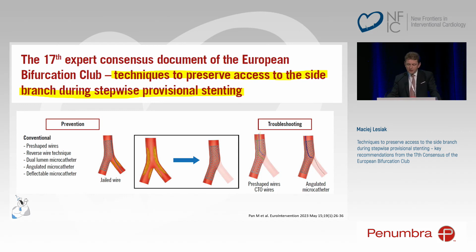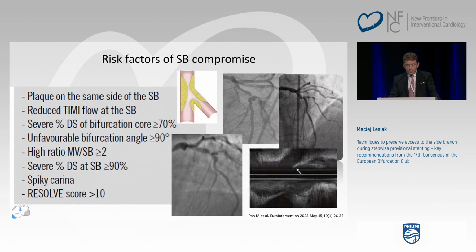So what are the preventing measures, but also how to rescue the side branch if you lose it. First, there are some risk factors. We know those risk factors that make it easier to lose the side branch during the procedure. The plaque distribution: if there is more plaque around the takeoff of the side branch, the risk is higher. Reduced TIMI flow at the side branch at the beginning of the procedure, severe diameter stenosis of the bifurcation core, but also the side branch itself, unfavorable angulation, the bifurcation angle,